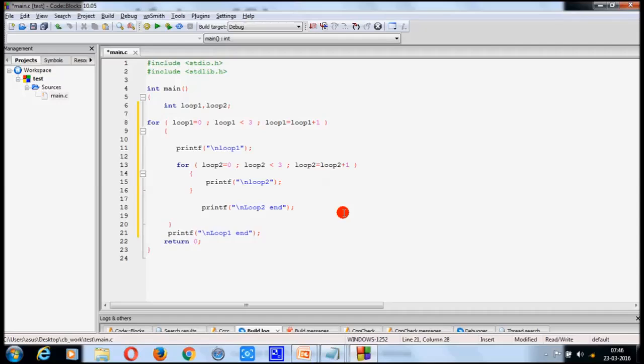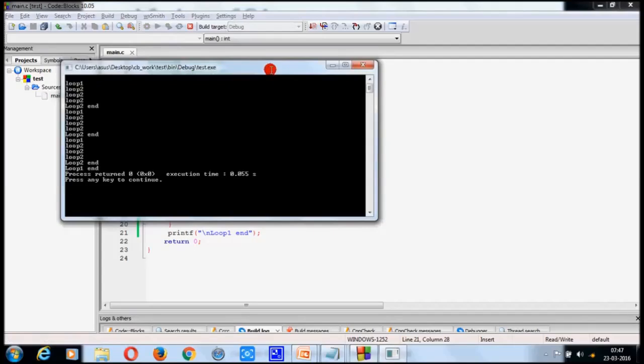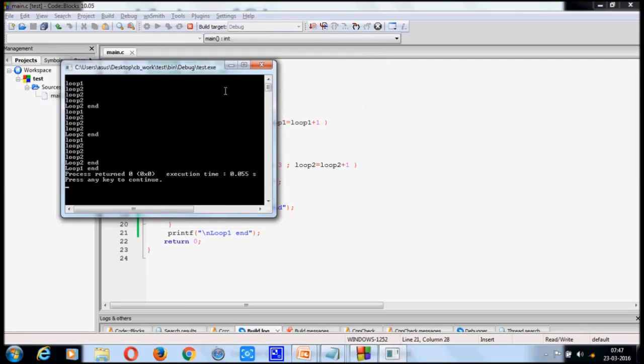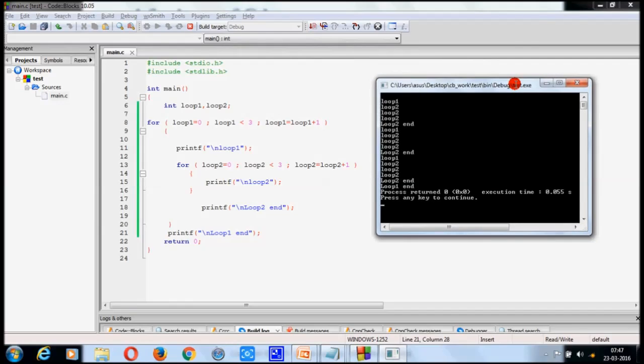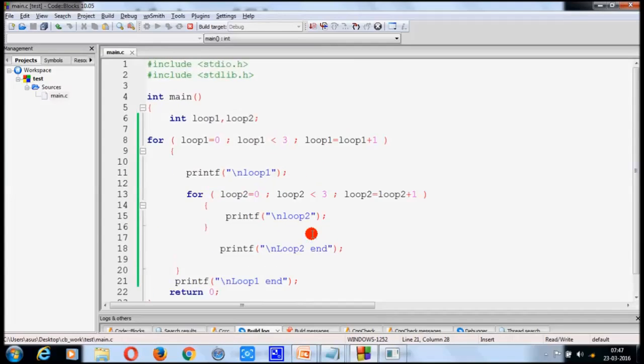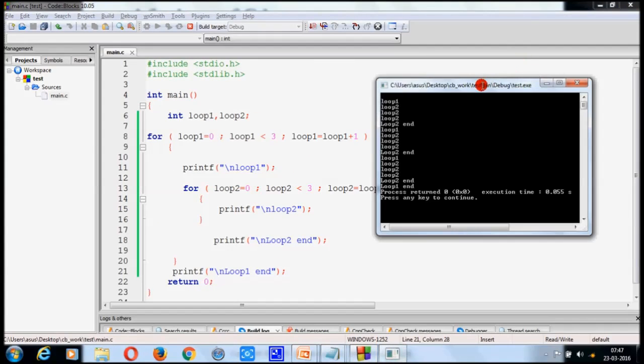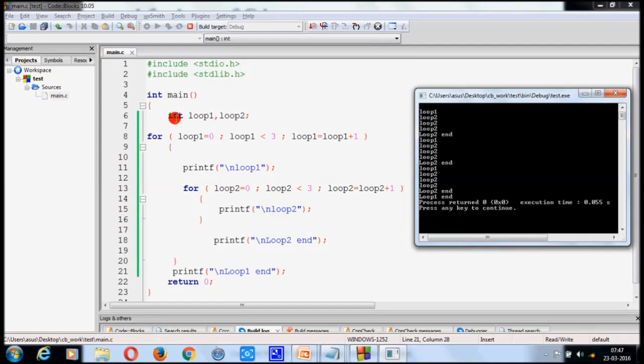Okay, this is our example. Now compile this, run this. Now see this, that at first we declare loop 1 and loop 2 variables of the type integer, then initialize 0 in loop 1, then we are checking the condition loop 1 less than 3, this condition is true, so the cursor comes here,